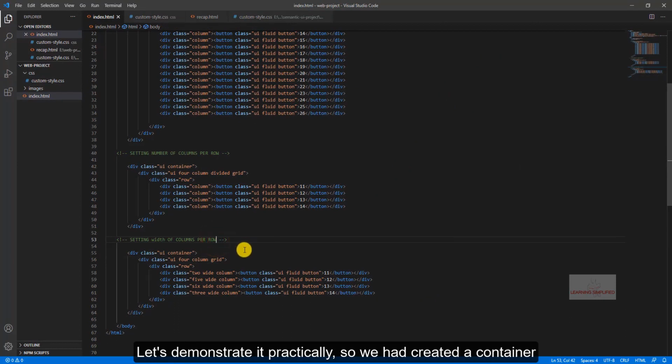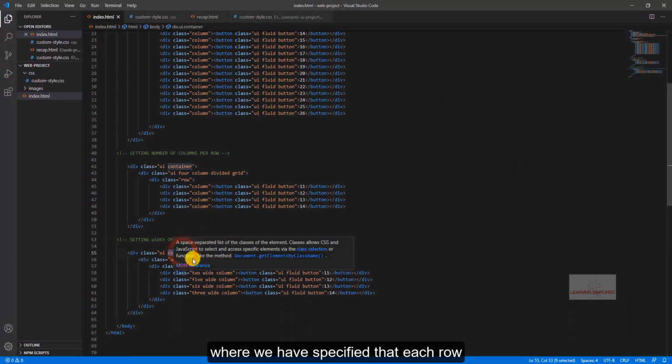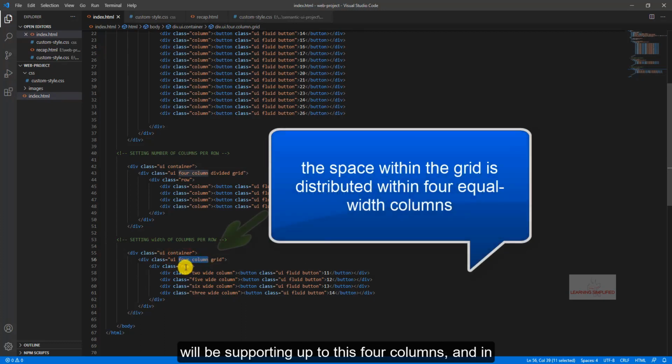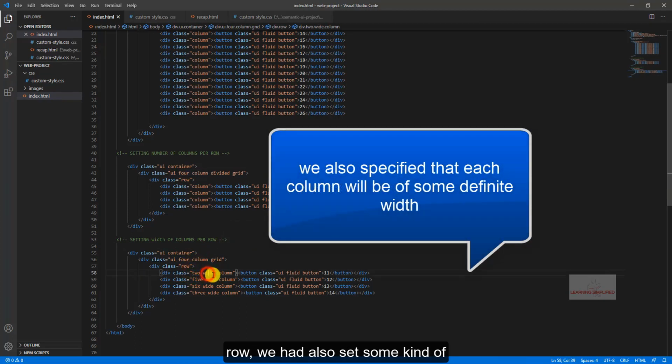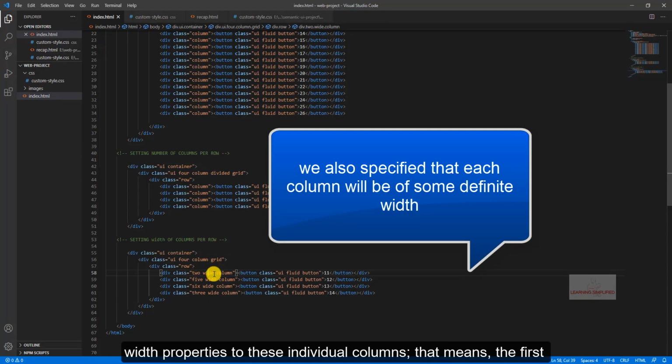Let's demonstrate it practically. So we have created a container where we have specified that each row will be supporting up to these 4 columns, and in this row we have also set some kind of width properties to these